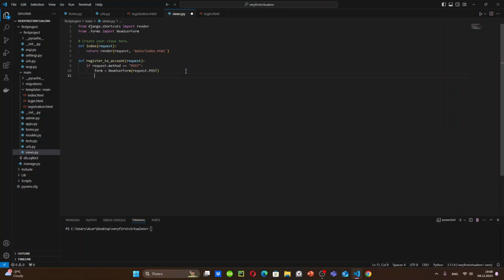Now the thing is that we need to check if the form is valid or not. So if form.is_valid, this is a function that checks the validity of our request. If form is valid, user equals form.save,